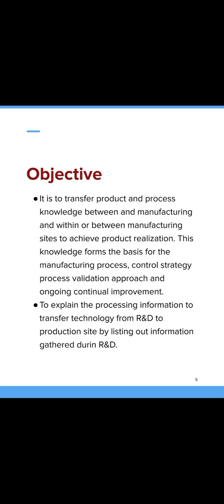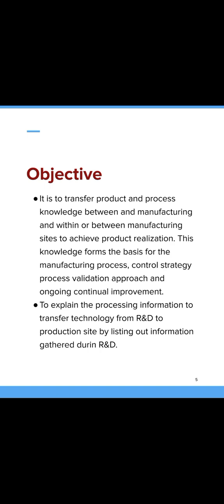Objective of technology transfer. It includes the transfer of product and process knowledge between manufacturing sites, within or between manufacturing sites. To achieve product realization, this knowledge forms the basis for the manufacturing process, control strategy, process validation approach, and the ongoing continual improvement. Second one, to explain the processing information to transfer technology from R&D to production site by